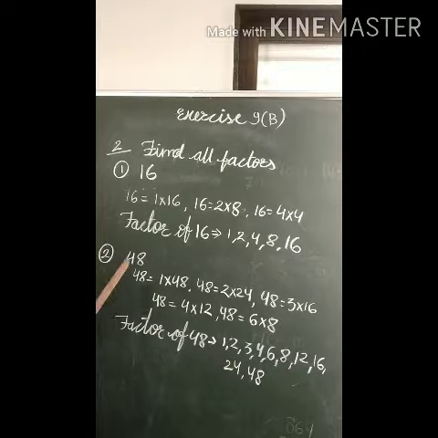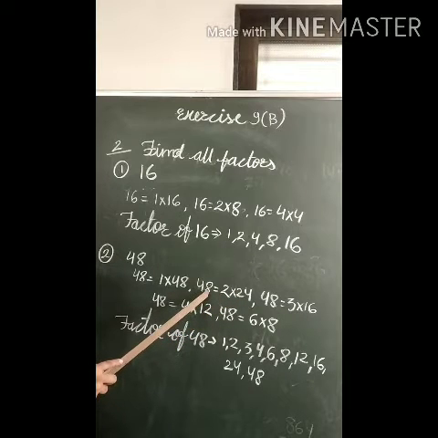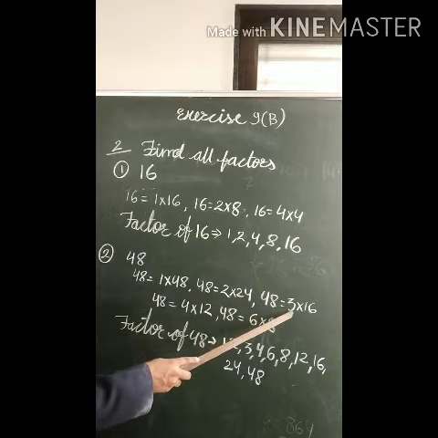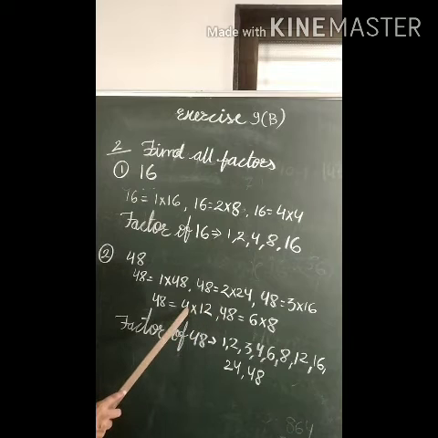Let's see another example, 48. So factors of 48. As I said, we have to check from the 1 to 10 table only. In the 1 table it will come 48 times. In the 2 table, if we don't know what to do, we divide this number by 2. So 2 multiplied by 24. Then 3 multiplied by 16, means in the 3 table 16 times 48 will come. In the 4 table 12 times, and after 4